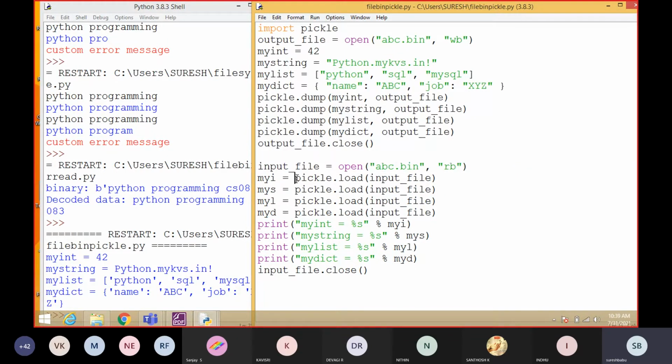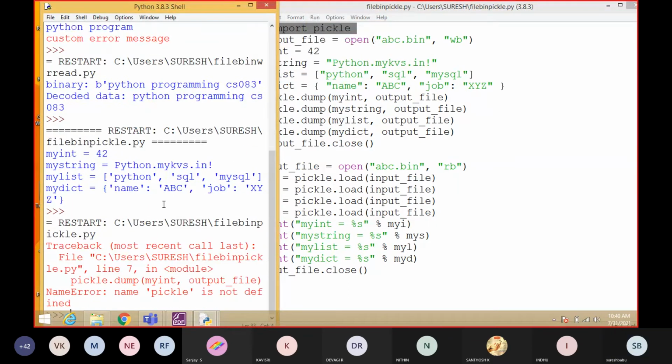If you use this load function and dump function without the pickle module, definitely it will show an error. So see, I'm going to make it a comment. See, I made it a comment. Now if I execute, it will show an error: NameError, name pickle is not defined.